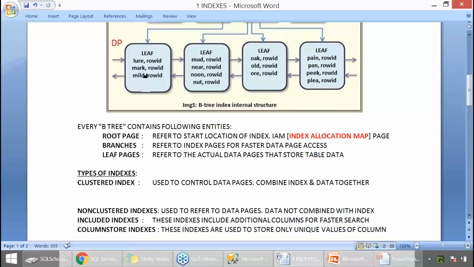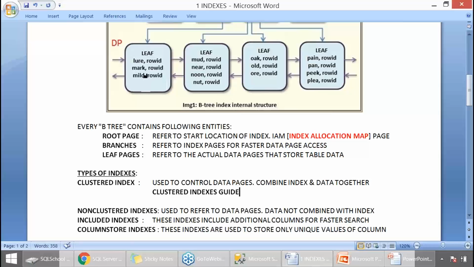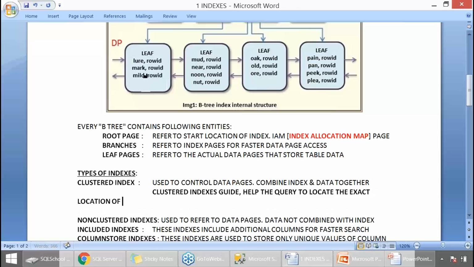The clustered index will help the query locate the exact location of table data, just like a Google map. Nothing more than that, just like a Google map, a pin location.